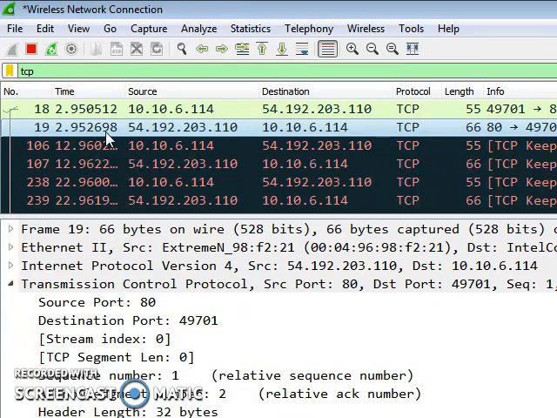The window size is 16 bits. It is the number of data octets beginning with the one in the acknowledgement field which the sender of this is willing to accept. When the sender is initiating the communication with the receiver, there is some window developed for both of them, and there is some size for the window, that is 16 bits. Using this window size, the communication takes place only between these two, and they can only communicate within this window size. The next is the checksum.